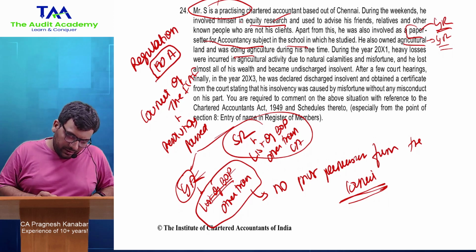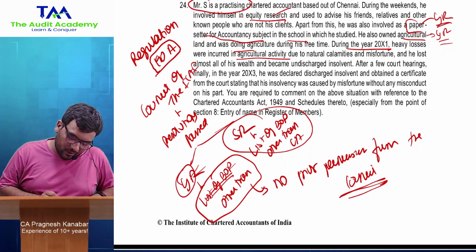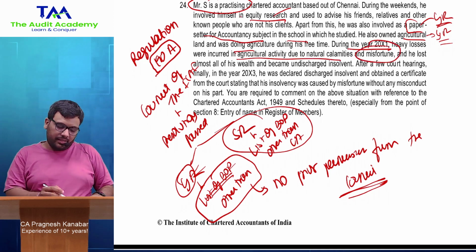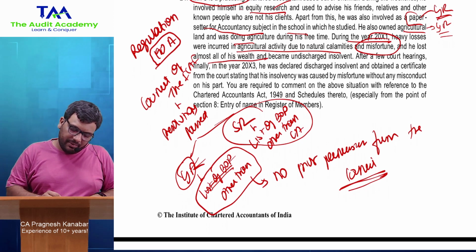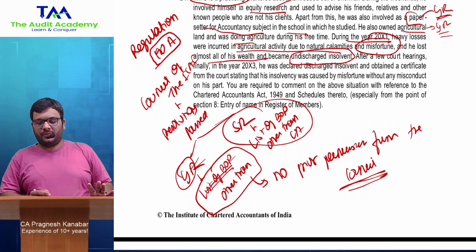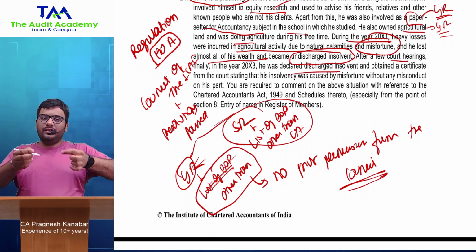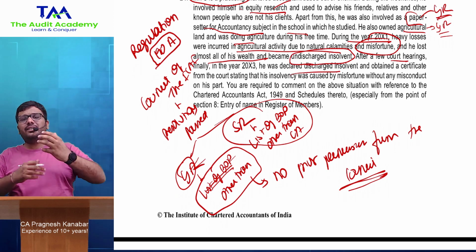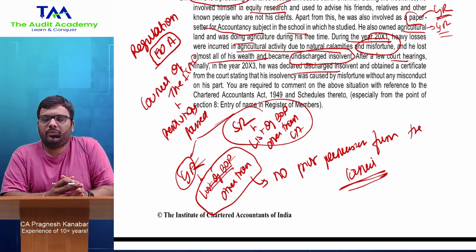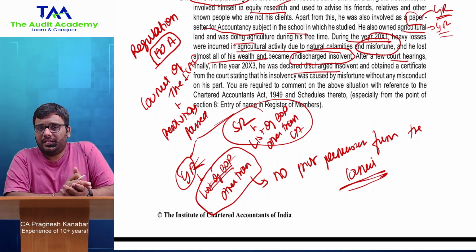देन इफ यू सी आगे क्या हुआ है, दैट दिस पर्टिकुलर प्रैक्टिसिंग चार्टर्ड अकाउंटेंट हैज सफर्ड हेवी लॉसेस, alright, and because of bad luck, alright, he lost almost all of his wealth and became undischarged insolvent हो गया. After few court hearings he was declared discharged insolvent. तो इंसॉल्वेंट जब आप हो जाते हो, ऑलराइट, अनडिस्चार्ज मींस आपका ऑब्लिगेशन अभी भी बाकी है पे करना. सेक्शन 8 में बहुत अच्छे से सिखाता हूं मैं ये सब ऑफ सी एक्ट 1949. आपका अभी भी पैसा देना बाकी है, अनडिस्चार्ज इंसॉल्वेंट.